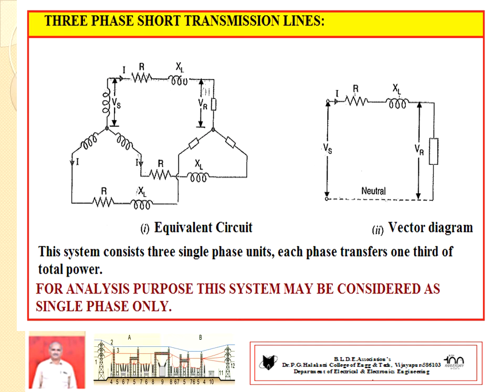Before going to the problems, we can see a few more points about the three-phase short transmission line. The three-phase transmission line is as shown in the figure. It starts with a star connected generator or alternator. Vs represents the sending end voltage per phase, and this generated voltage is transmitted to the three-phase balanced load. Then it is referred to as the receiving end voltage Vr, again a phase value, through the three-phase transmission lines as shown in the figure.